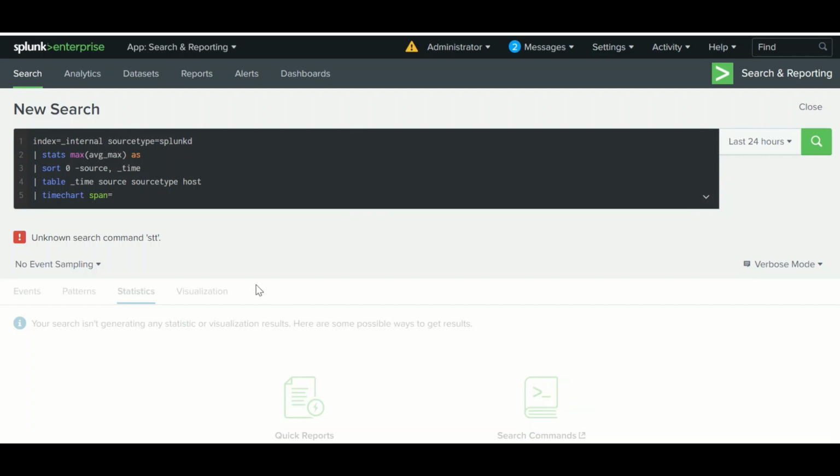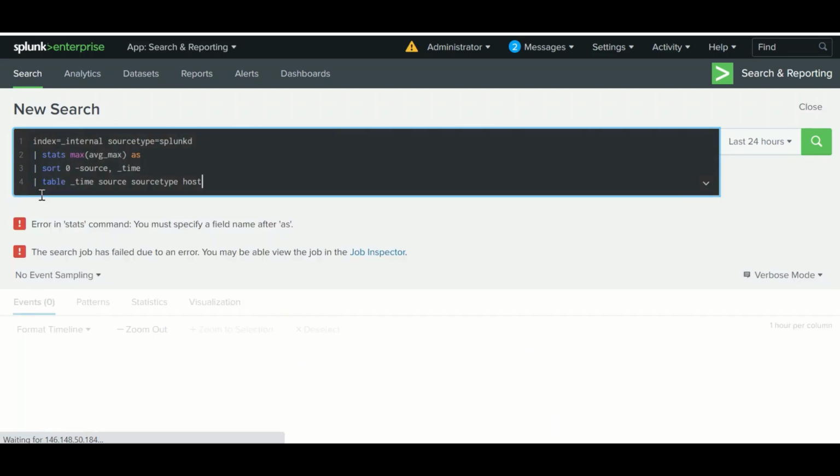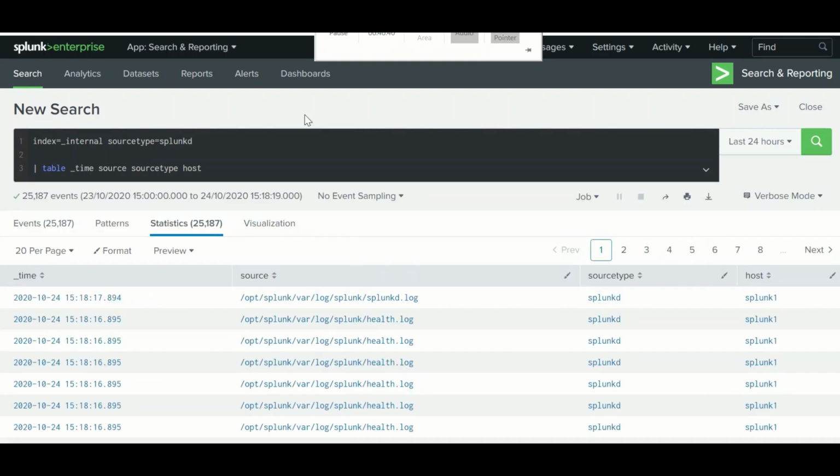So I have talked about creating a table. You can create a table from your events and play around with the table. So you can represent data in the tabular format.